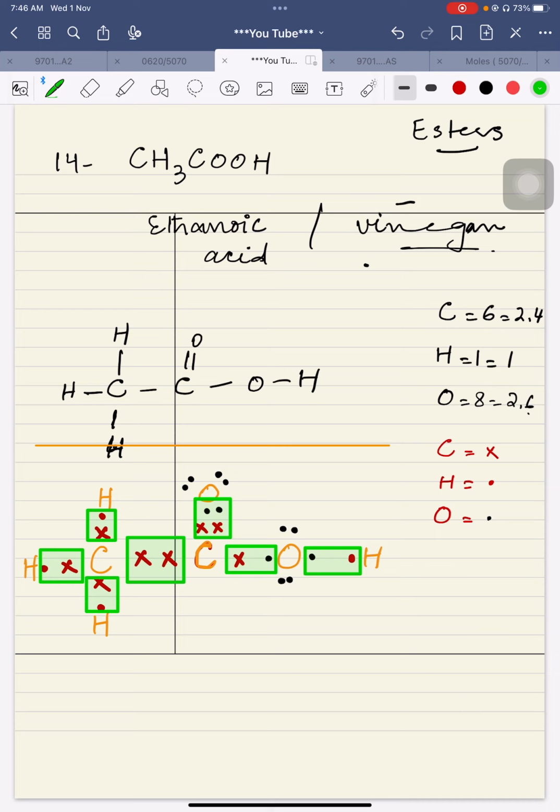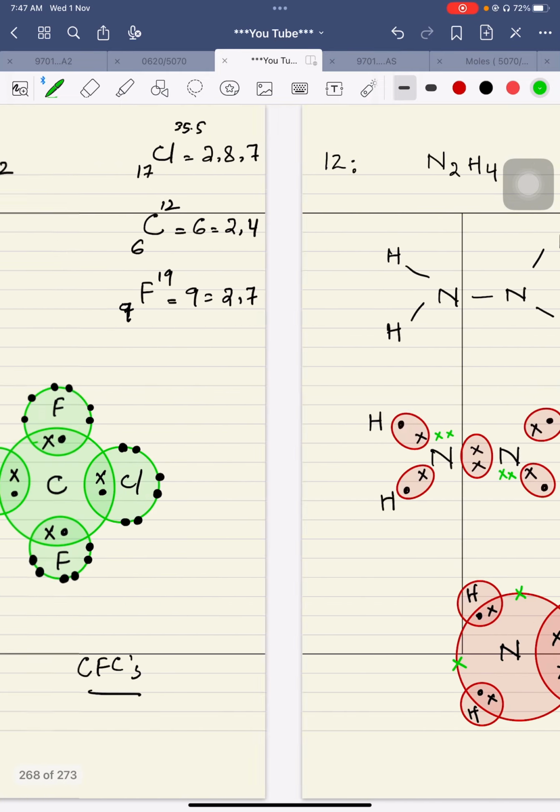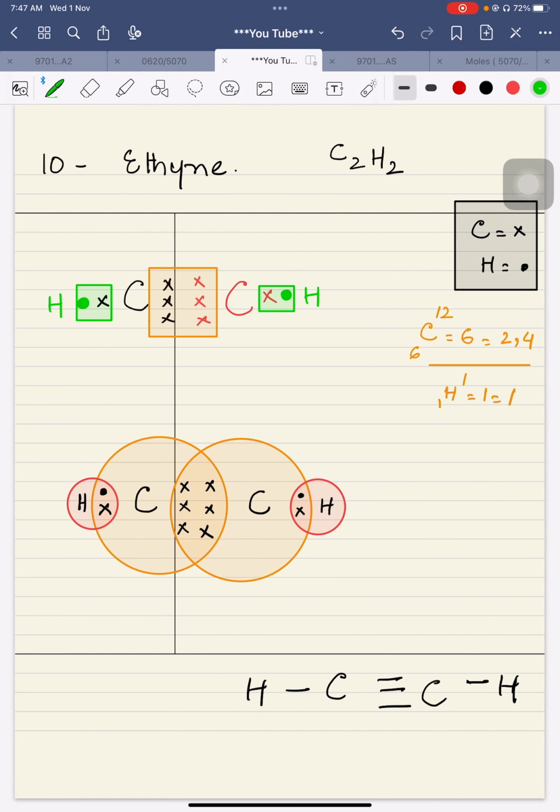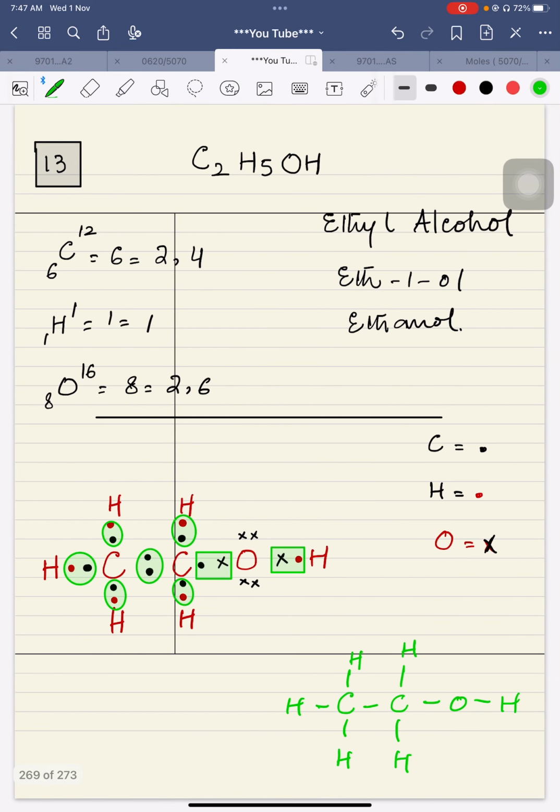Whenever there is 1 pair of electrons, it is going to originate a single covalent bond. Whenever there are 2 pairs of electrons, it is going to have a double covalent bond. So this is the basic story which you should keep in your mind. This is how we are going to draw the structure of any covalently bonded structure. We have practiced single, double, even triple covalent bond in the case of nitrogen, and I believe we have practiced ethyne as well, which contains a triple covalent bond. This is how covalent bonding is basically shown.